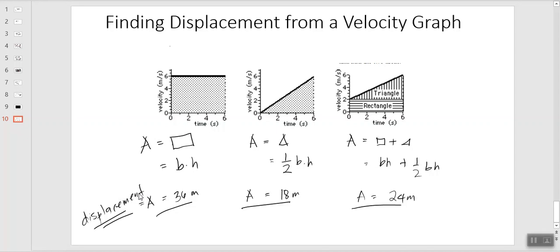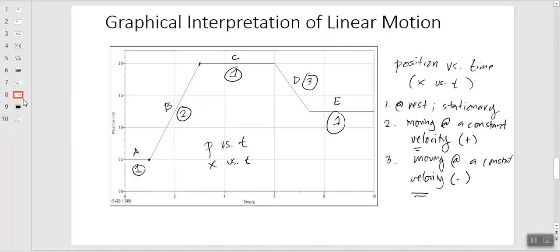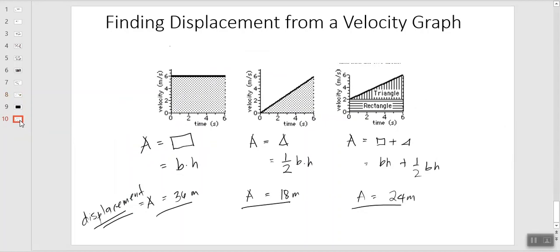So what if you're looking at the position versus time graph? What will be the area? So come to think of that, what might be the area under the line? So that area tells you what? Yes, correct. That tells you the total path covered for that particular point, and that gives you the speed at that particular interval. Okay, so